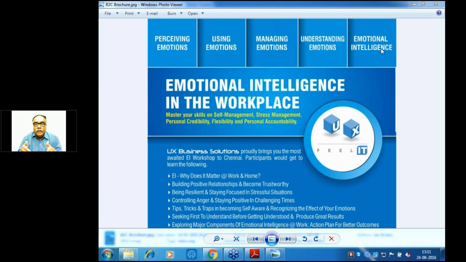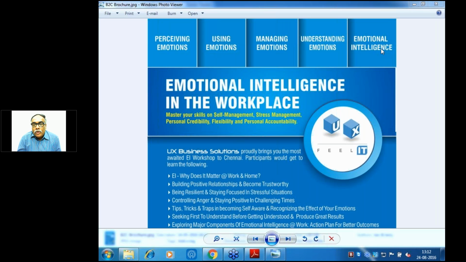But rather, if you really introspect and retrospect, introspection is seeing yourself within, and retrospection is hearing from outside what you are. Then you will see the difference. I might probably think that I'm a great communicator, but someone else might tell me that the communication is probably not very clear. So the perception of someone should not become the reality because you want to choose the right emotions. But if the perception is reality, you're not self-aware.